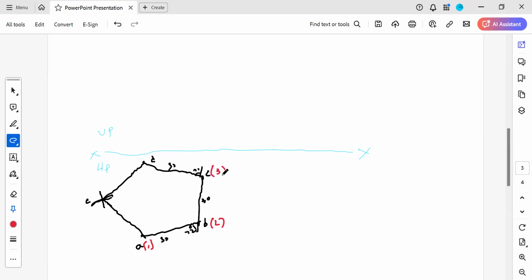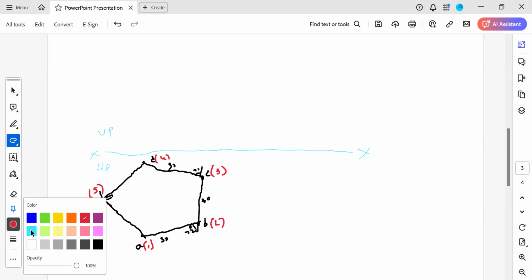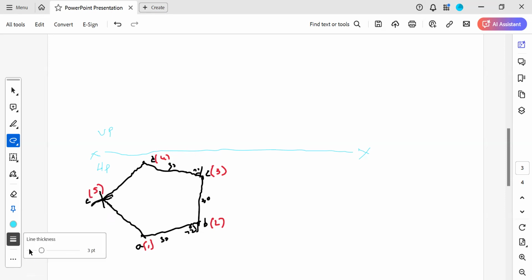This is 3. This is 4. And this is 5. So once you complete this one, then what we are doing is